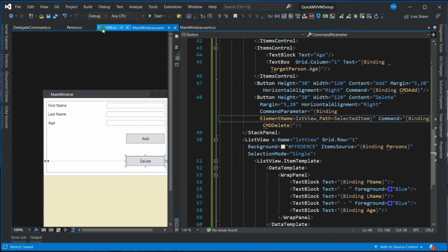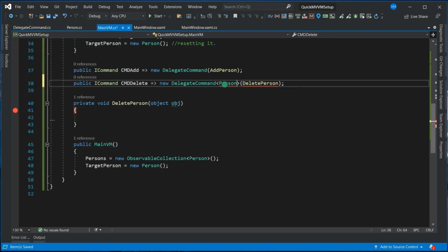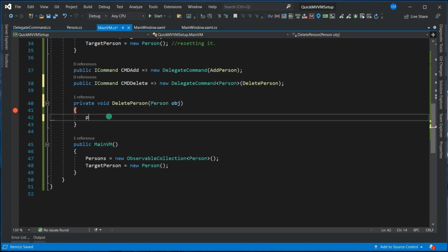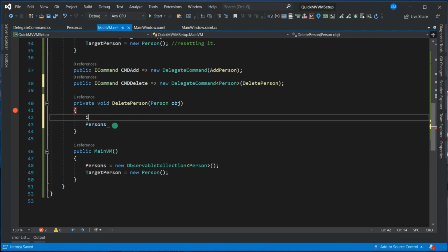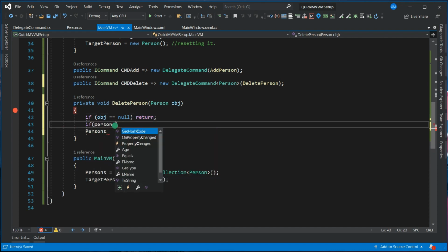Now this is quite easy, and since we know that this is a person, we can now directly say it is a person, and person start, wait, if obj is equal to null, return, or else if persons dot